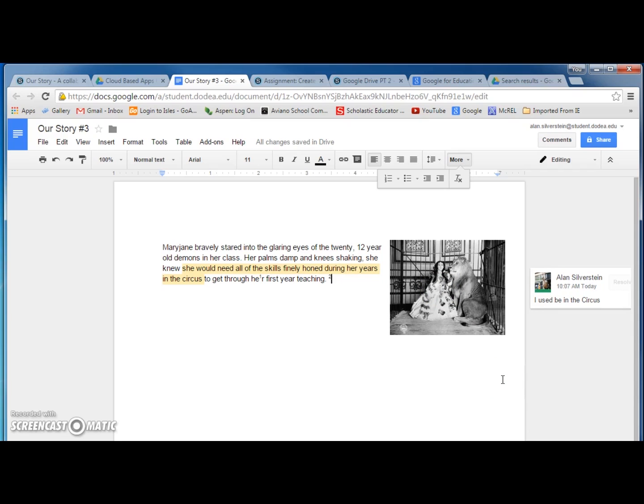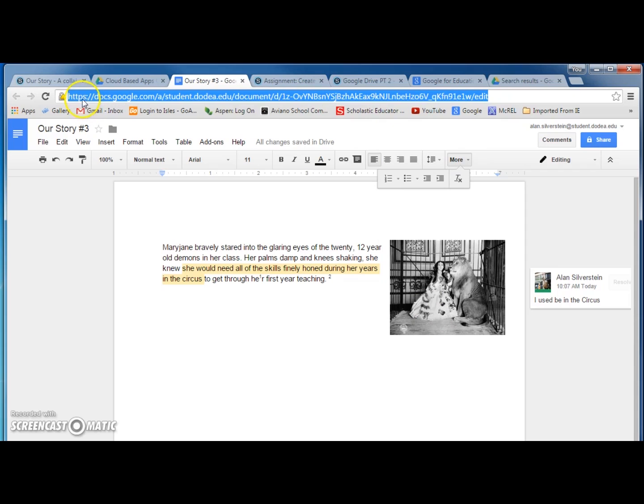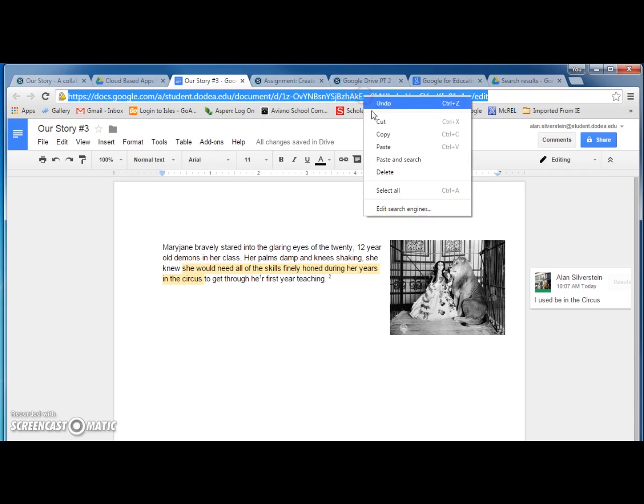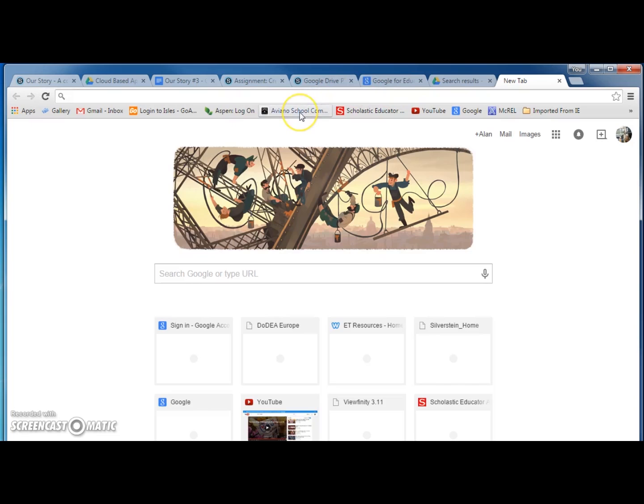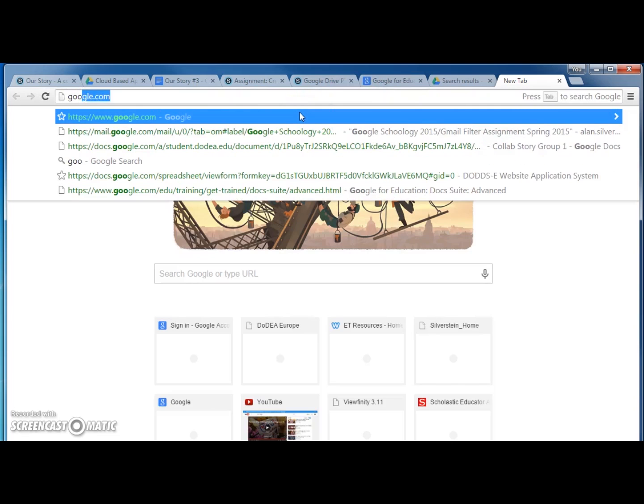So anyways, now I'll show you one last little trick here that I like, and we might come back to this, but this is called the Google shortener. Notice that the URL for this is quite long and very unwieldy. So I'm going to go ahead and copy that URL, and I'm going to go to something called Google Shortener, which is if you just type in goo.gl,